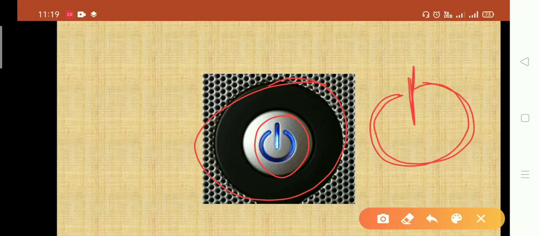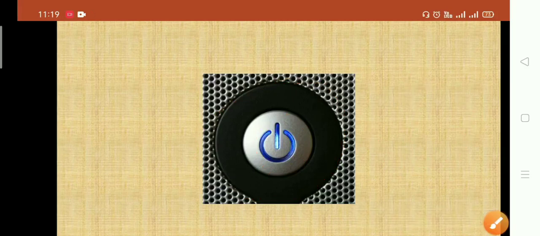So this is a universal symbol for power. If you want to start any machine, you need to look for this kind of symbol. This is universal. In every country in the whole world, this symbol is used for a power switch. Clear?